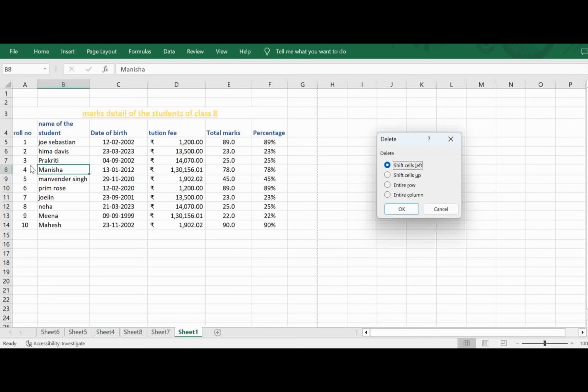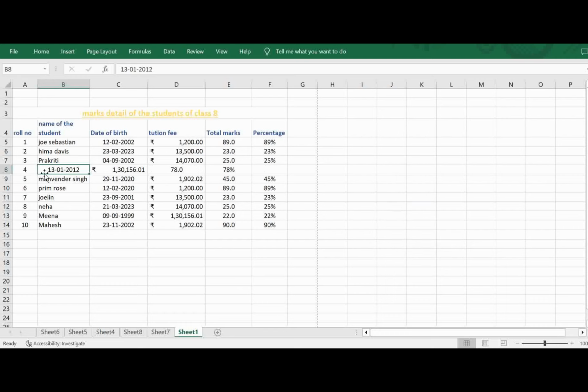Our objective here is to delete the cell. So there are 4 different ways in which you can delete the cell. Let us try with the first option, where you are deleting the cell and shifting all the other remaining cells left. I would like to delete this cell which has the text value Manisha. You may notice what happened. That particular cell got deleted, and at the same time, all the data which was there got shifted towards left. So this was the first option. I'm undoing it by pressing Ctrl Z.